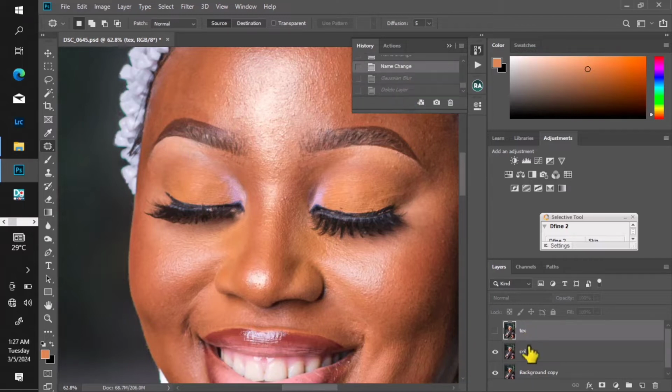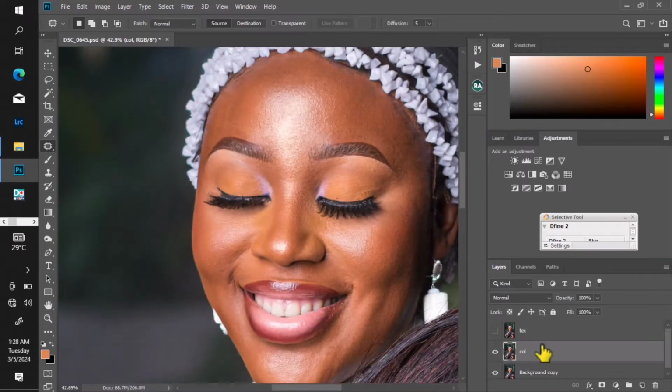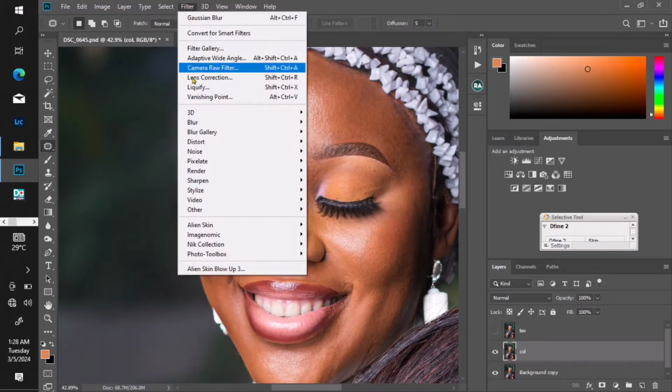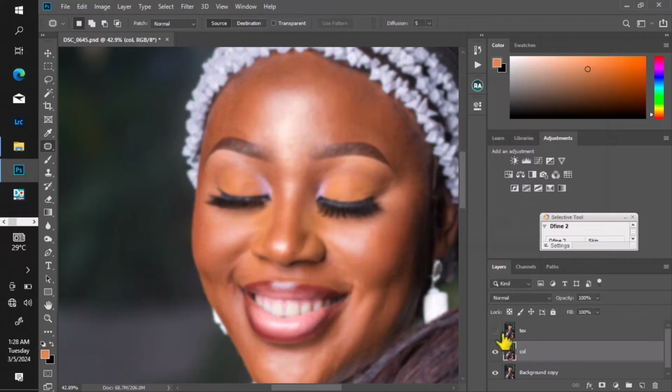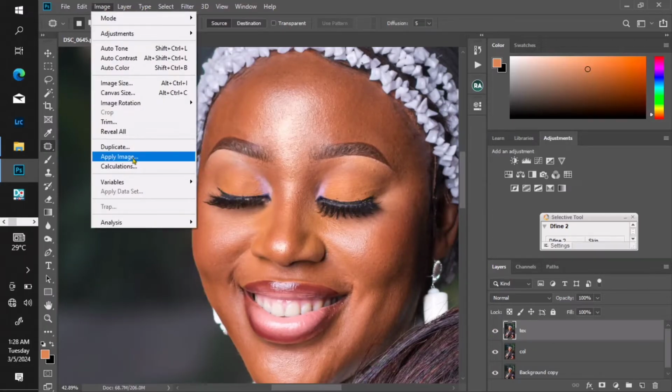So come back to your color layer like that. Then we'll go to our blur, Gaussian Blur. We already chose 5.2, just click OK. Then come to your texture layer, turn on the eye button, then go to Image, Apply Image,